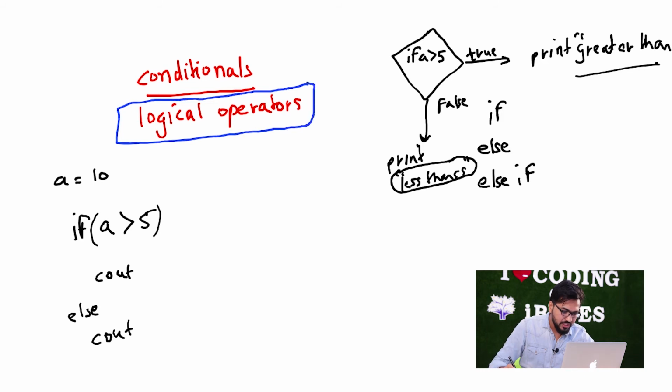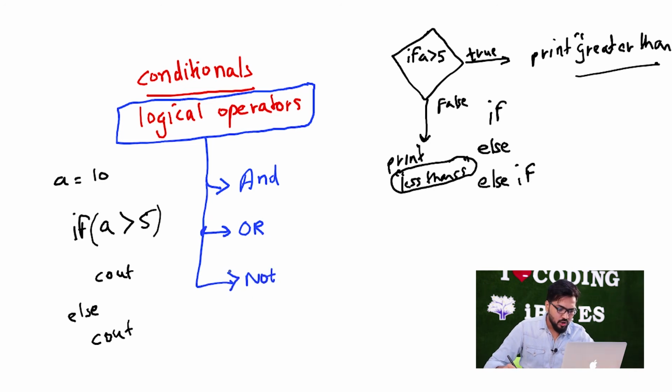Now what are logical operators? We will be studying three kinds of logical operators: and, or, not, okay. As of now we will be studying only and, or, not, but as the time comes we will also look at XOR, okay. For and we have this symbol, twice ampersand. For or we will be using this symbol, right. For not we use this symbol, okay.